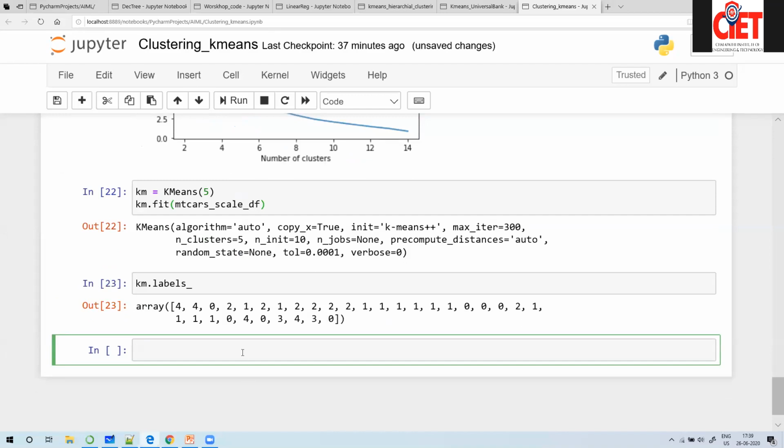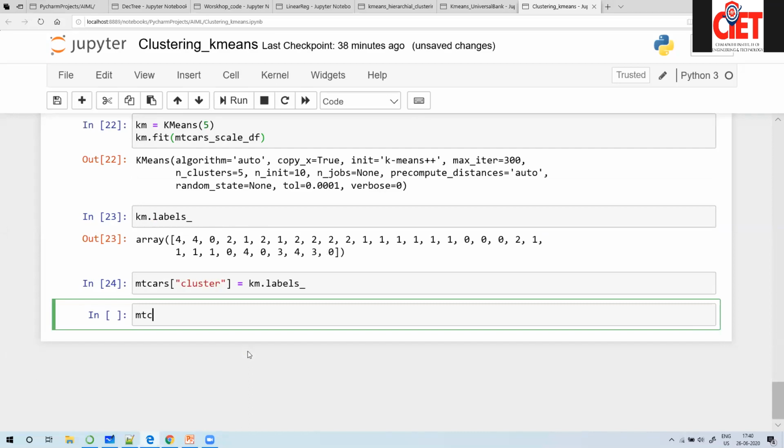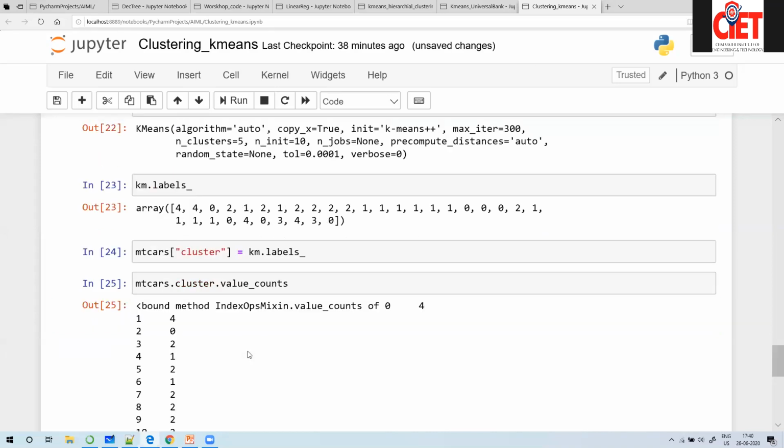Let's try to attach these labels to the mtcars data set again. cluster is equal to km.labels_. mtcars.cluster.value_counts. Sorry,